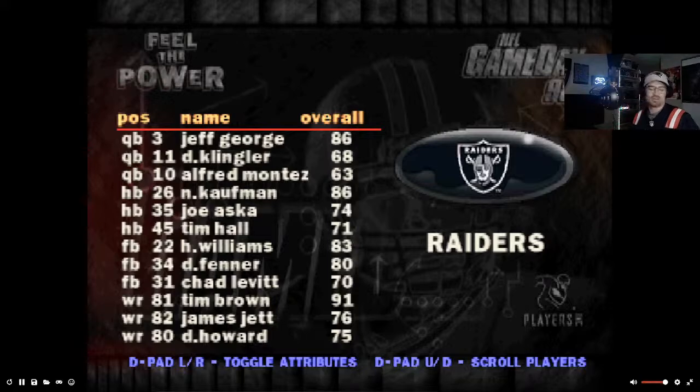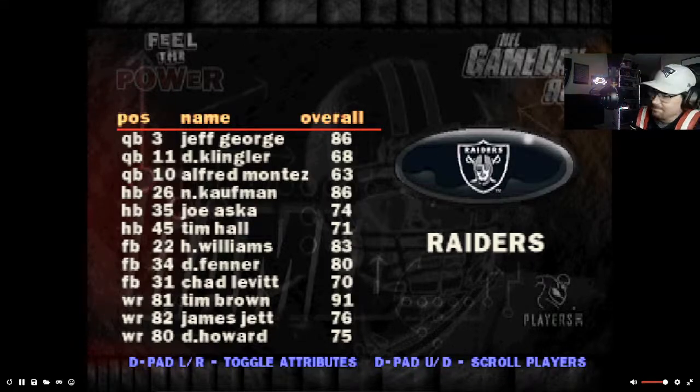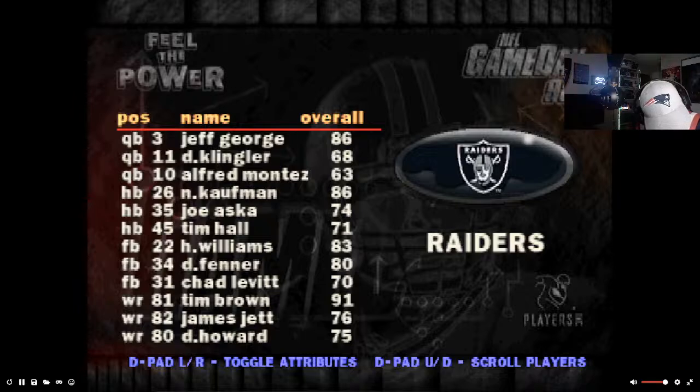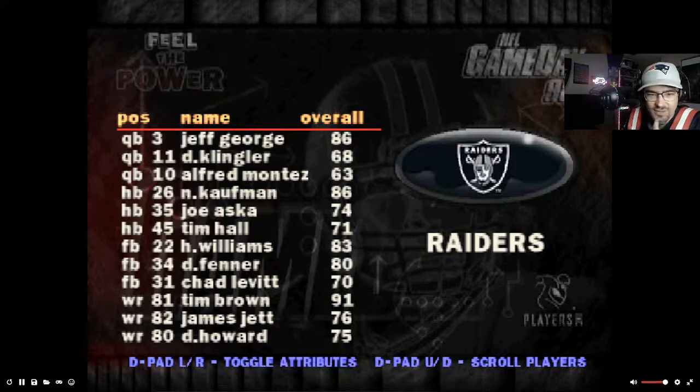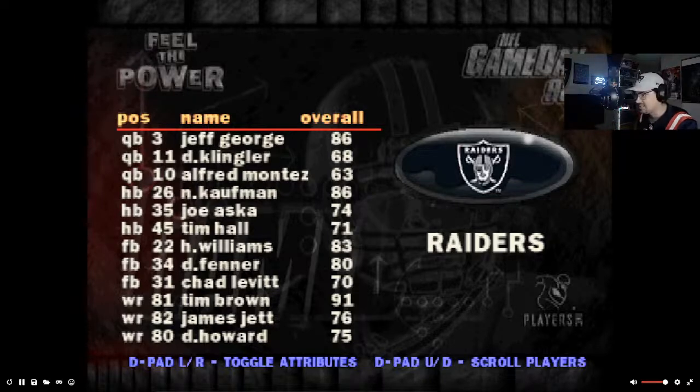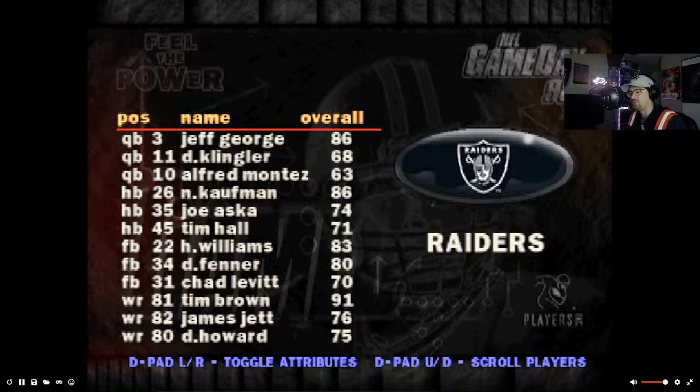Let's look at this. Woo boy. The Oakland Raiders. The Oakland Raiders went 4-12. But if I'm right here, believe it or not, quarterback Jeff George led the league in passing yards this year. He had 3,917 passing yards in 1997. So they were a passing unit. They just could not get out of their own way. They couldn't finish it off.